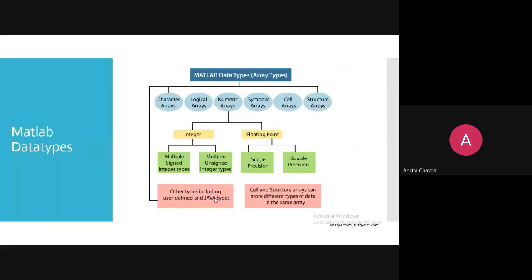Okay, so here the cell and the structure, they are talking about this too. Cell and structure array can store different types of data in the same array, right? Otherwise an array would be either integer, or float, either this or that. But in a single array, if you are storing different kinds of data types, then it can store them within this cell or structure. So they two are for that. We will see this cell and structure.